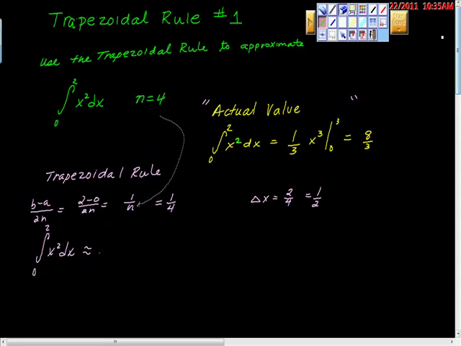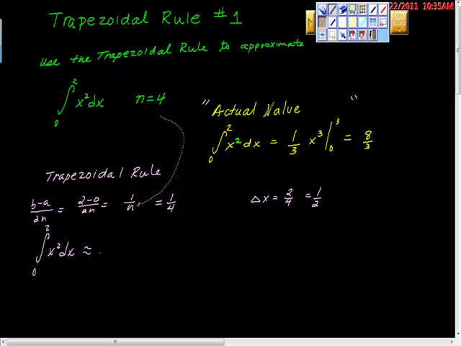This is question number 1 from your textbook using the trapezoidal rule. We're asked to use the trapezoidal rule to approximate the area of the definite integral from 0 to 2 of x squared dx. And we're asked, when we use the trapezoidal rule, to let n equal 4. The first thing we did here is that